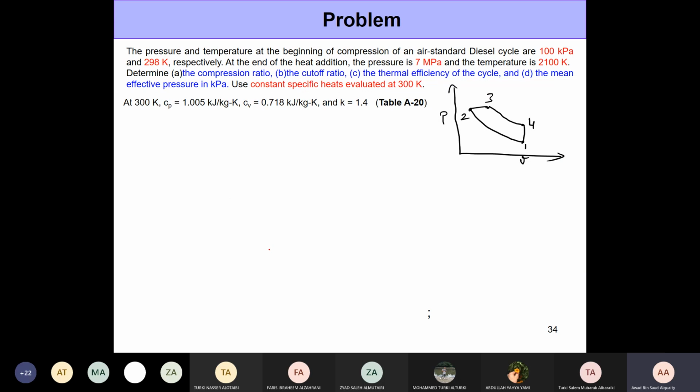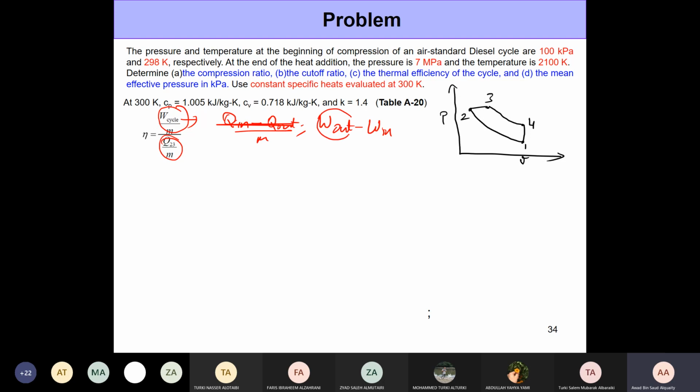Now again, for calculating the thermal efficiency, the formulation is pretty straightforward, right? It's the net work output of the cycle divided by Q_in. And since we don't know the mass, we'll just divide it per unit mass. We'll consider the values per unit mass, so we can just take the delta H or delta U and so on. Now, there are two ways to calculate the work output of the cycle. You can either do it as Q_in minus Q_out, by m, of course, or you could do it as work out minus work in.